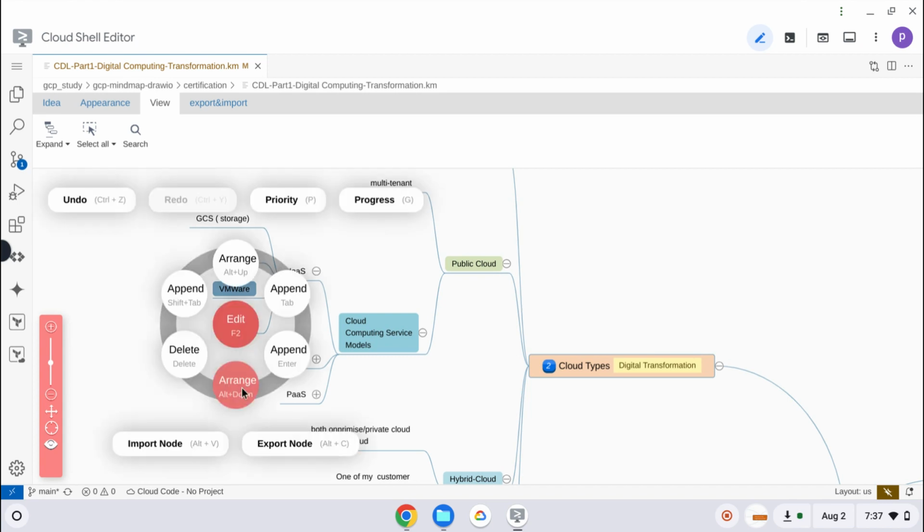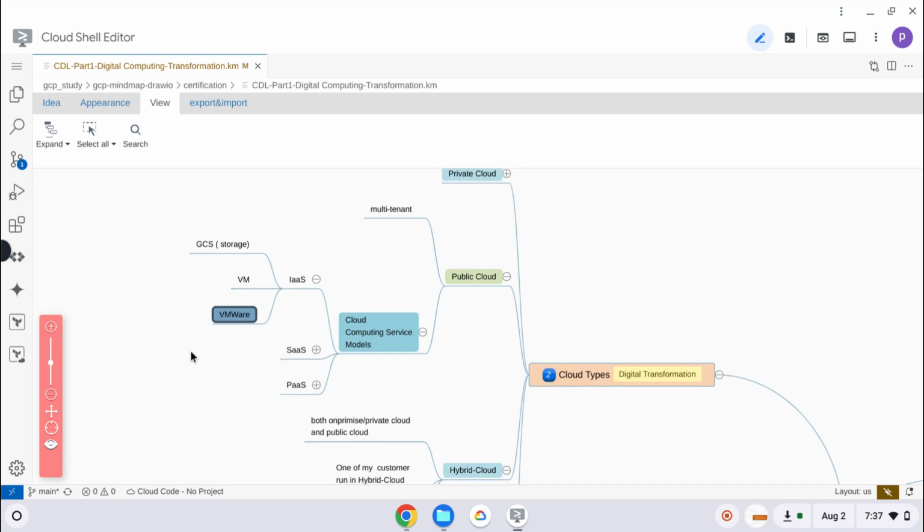Storage, VMware, these are all infrastructure as a service. That means we are using the public cloud's hardware, networking, storage, CPU, everything.